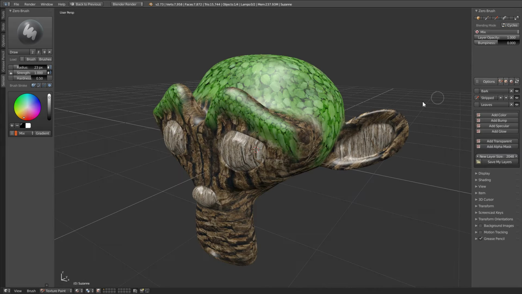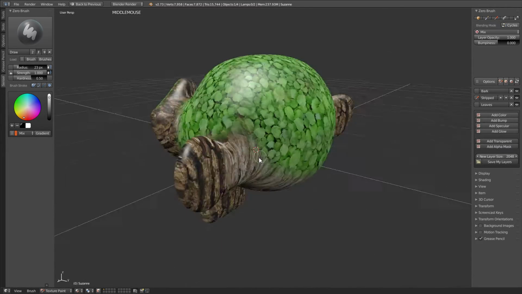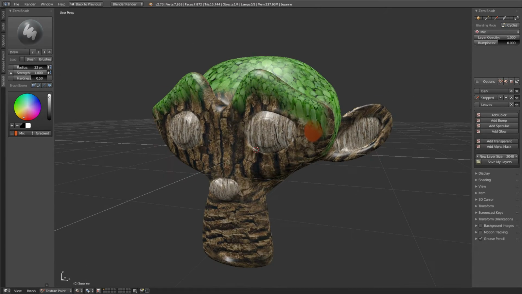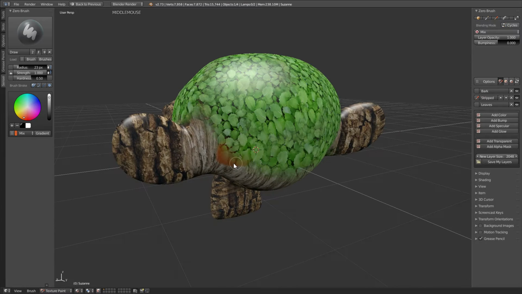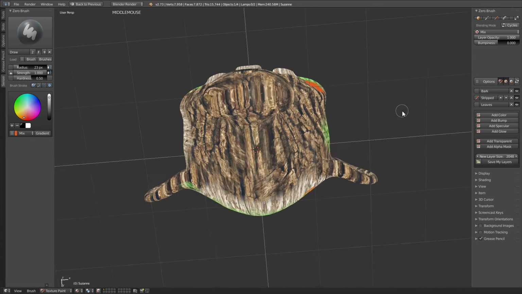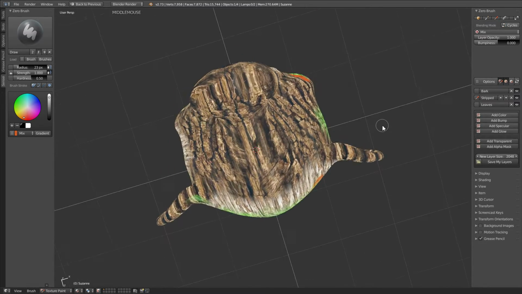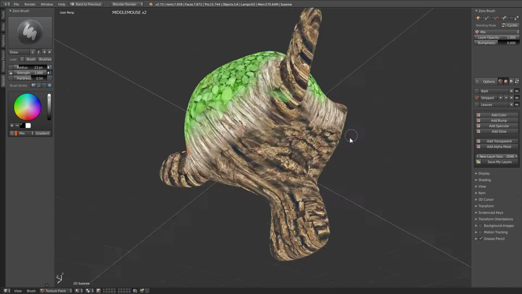Here we have the basic paint through button, which most of you are familiar with. So if I paint here and we look back, it didn't go through. However, if we click the paint through button and then paint that same area, it comes through. So we can do that. Then this button turns off the shading of our object, so we can see what our entire material looks like